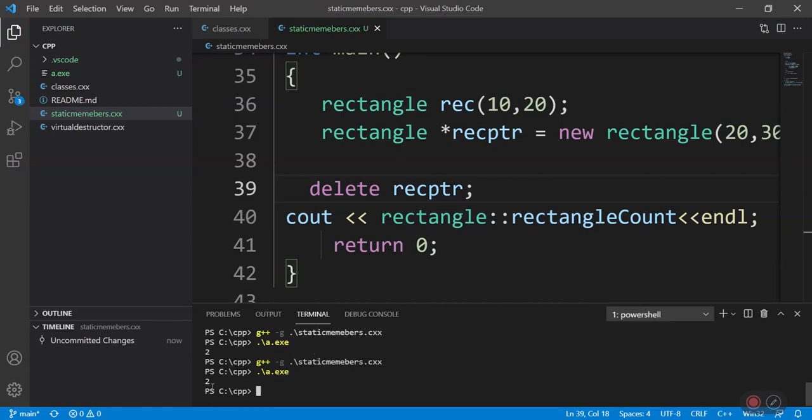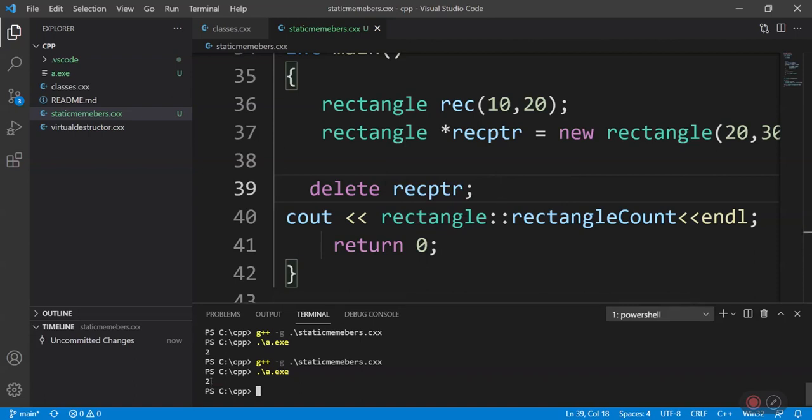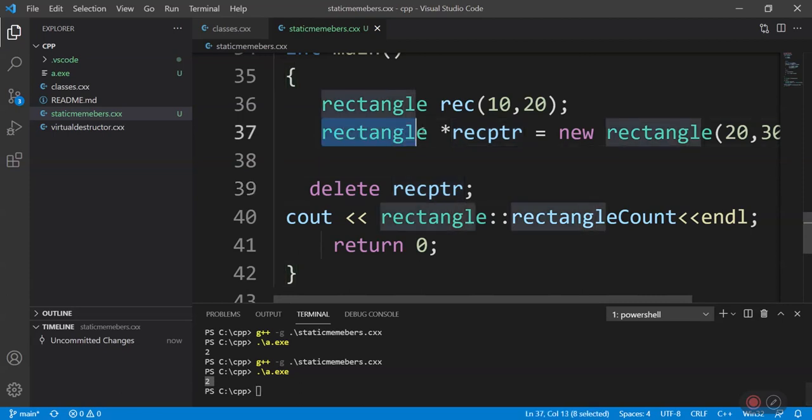Yeah, it's still 2. So we already discussed that they are not part of an object, but they are specific to the class. So this is how we can demonstrate. Even though this rec-ptr object got destroyed, our count is still 2 because this is specific to the class but not specific to an object.